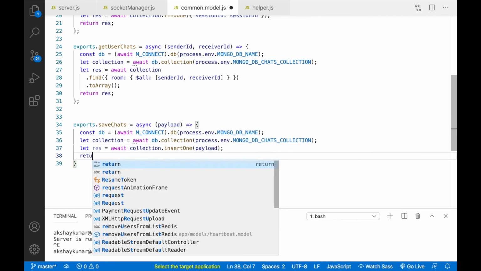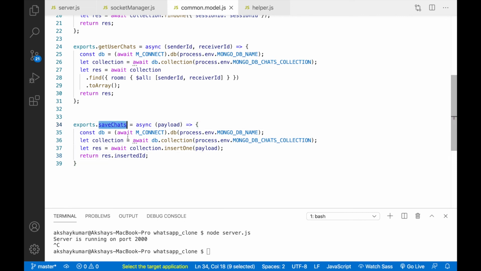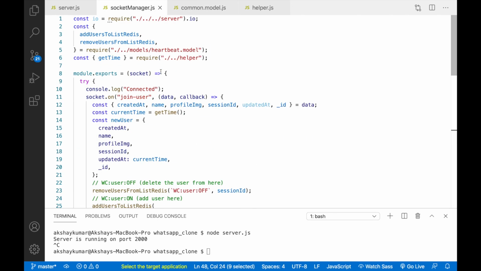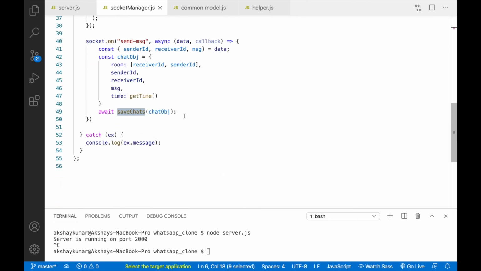Then we'll return res.insertedId. So this method is also done. Require this method here. After this const, we'll require that model, common model. From this model we'll fetch this method save chats. So this method we can use here now.